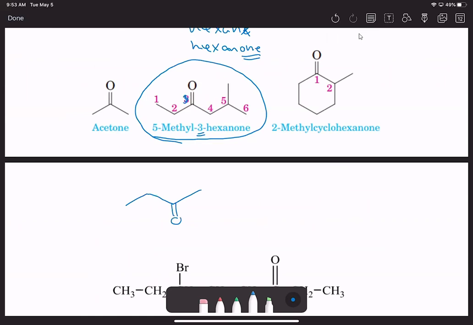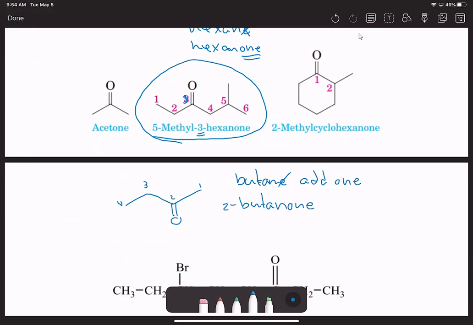All right, 4 carbons: 1, 2, 3, 4. So instead of saying butane, we're going to drop the E and add ONE, and it becomes butanone,